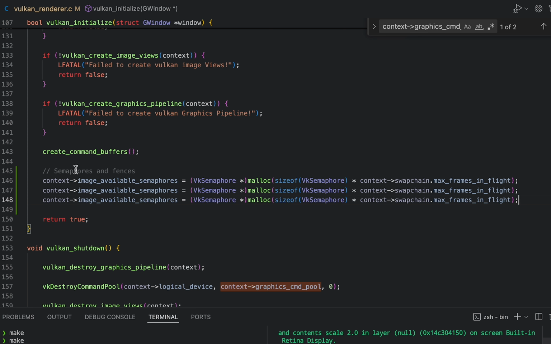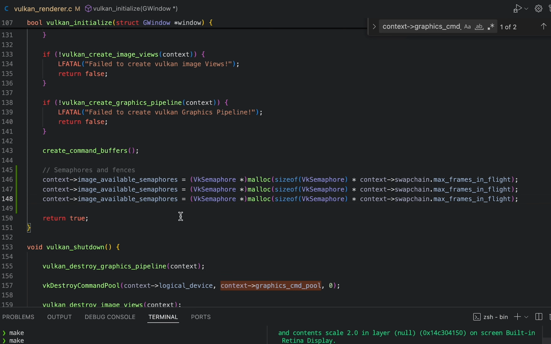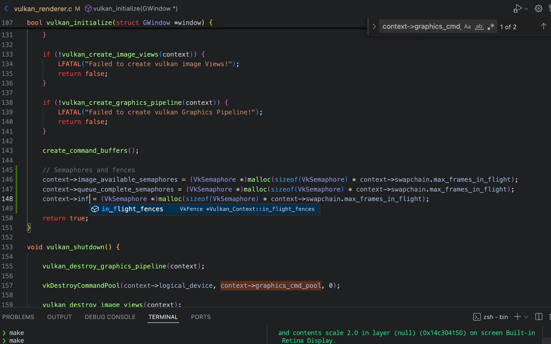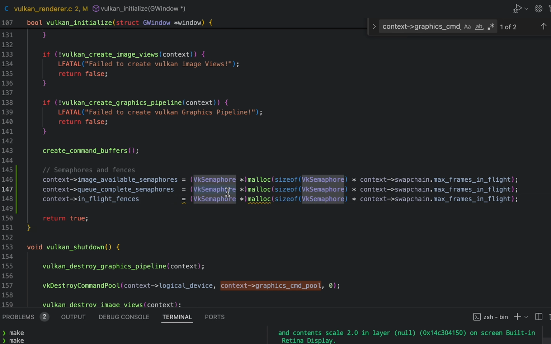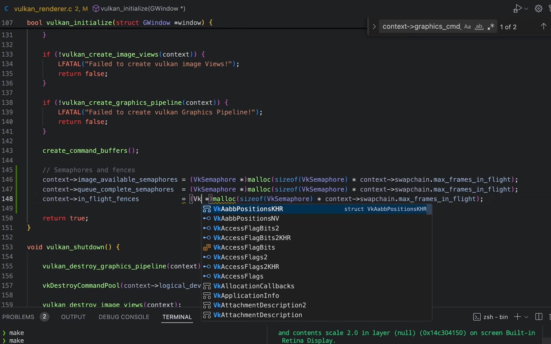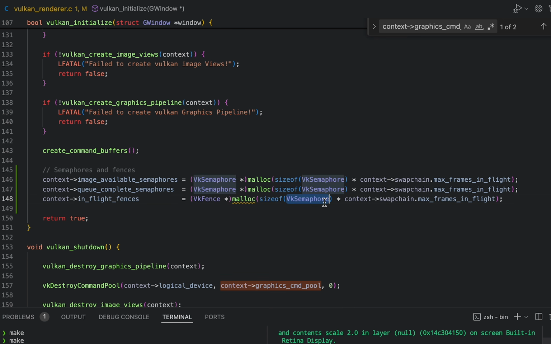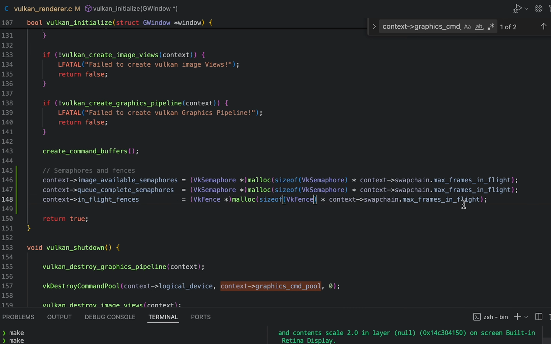And then I'm going to duplicate this a couple of times, and do the same for the other 2 variables that we created, right? So the other one is going to be queue complete semaphores, and then the other one is just going to be in flight fences like this. And then obviously now I have to change this one here to be VkFence, of type VkFence, like so. And everything else should still be the same, right? The number of max frames in flight,